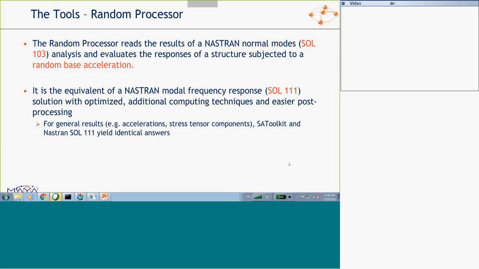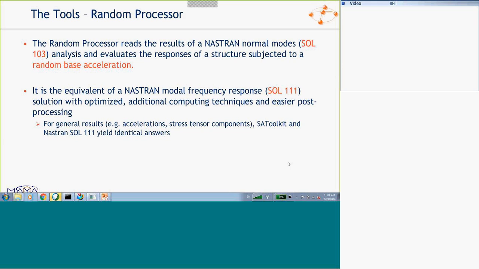So, much the same way as for harmonic loading with the sine processor, the random processor reads a Nastran solution 103 solution, evaluates the responses subjected to base excitation, this time random. Similar to solution 111, except much faster and much more accurate. One of the nice features is that if you look at the components, you get the same components that Nastran does, because we're using the Nastran eigenvectors.